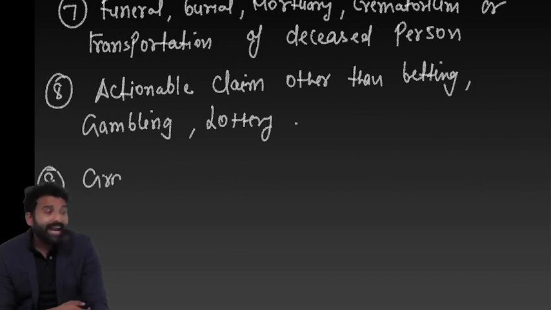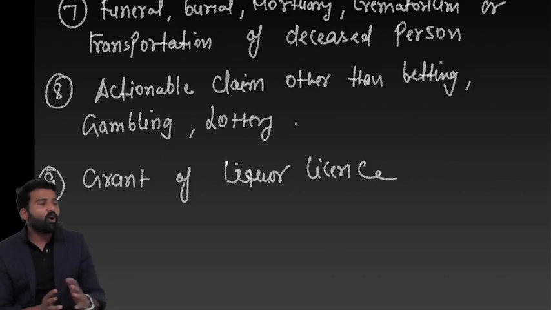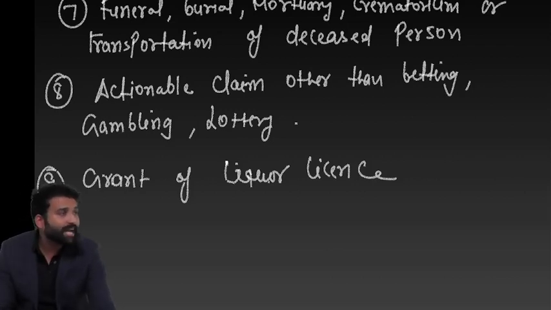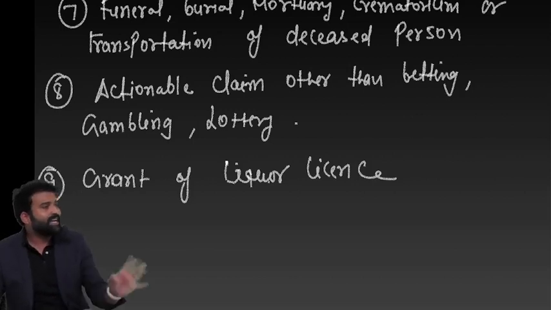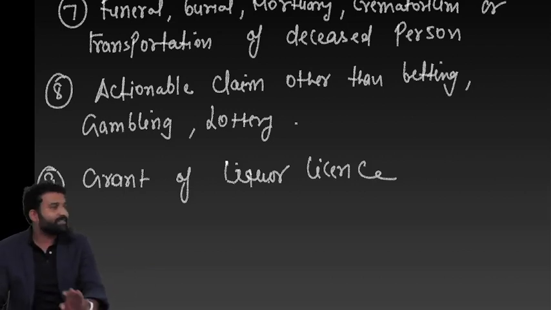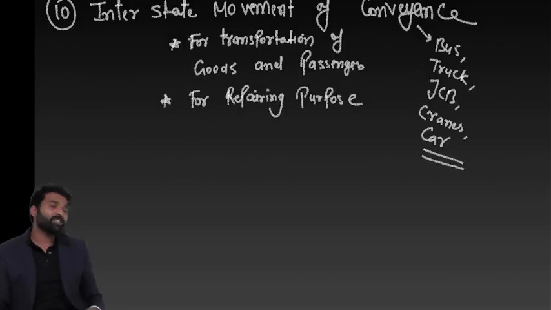And grant of liquor licenses. This is new. The state government grants the liquor licenses, so that is also not covered in Schedule 3 because the state government earns a ton of money for granting the liquor licenses. So liquor is not under the ambit of GST. Whether liquor license is under the ambit of GST? No. So if the state government is charging money for grant of liquor licenses, that is also covered in Schedule 3. And the last point of Schedule 3 is